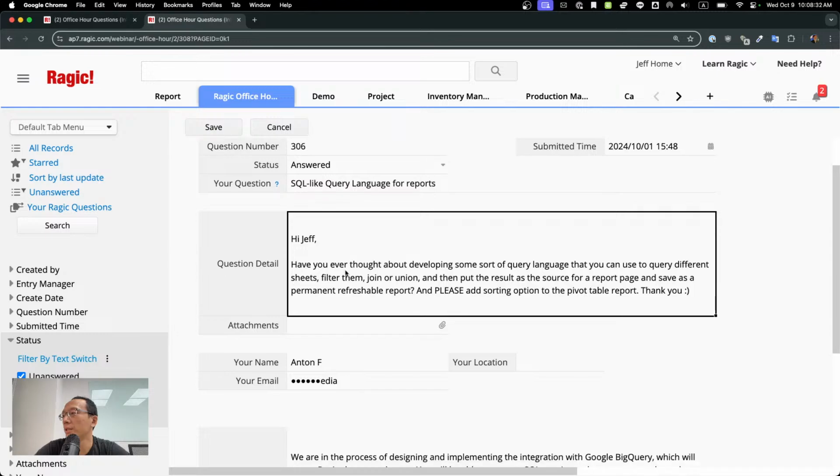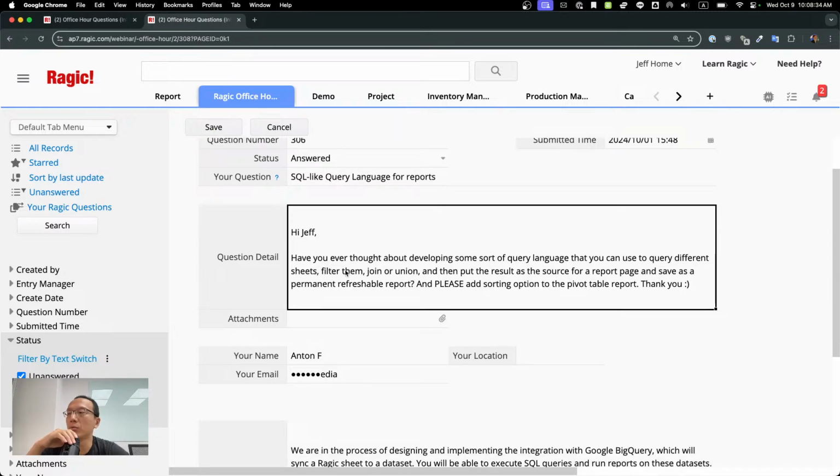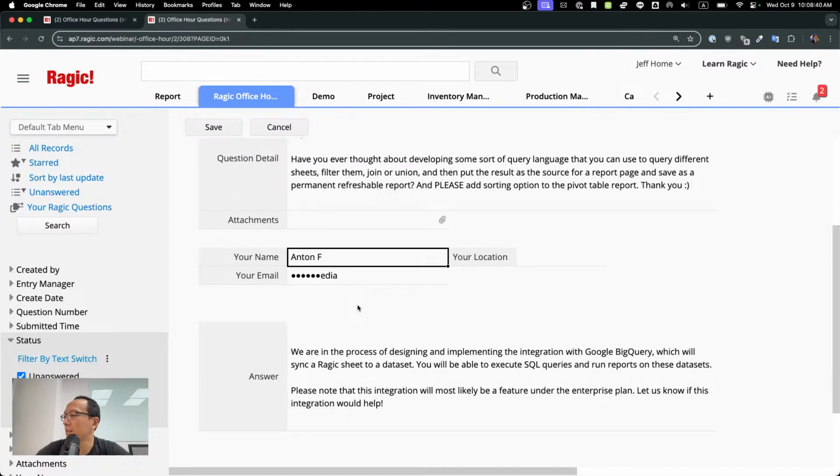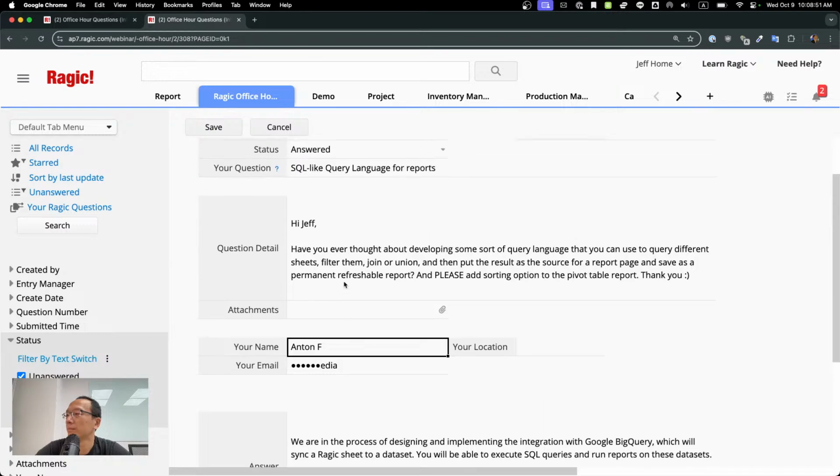So yeah, we think an integration like this would most likely be very helpful for a lot of cases. Like you need to have a dedicated report data source, like BigQuery, or you want to run SQLs. Yeah, it's still gonna be hard to run SQL on any